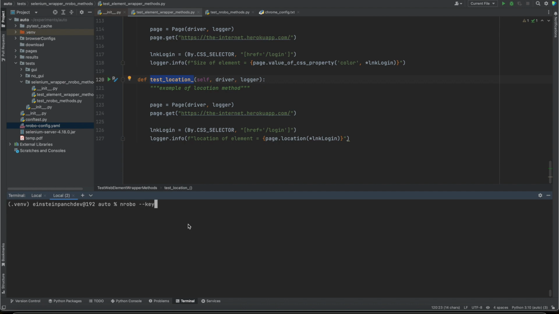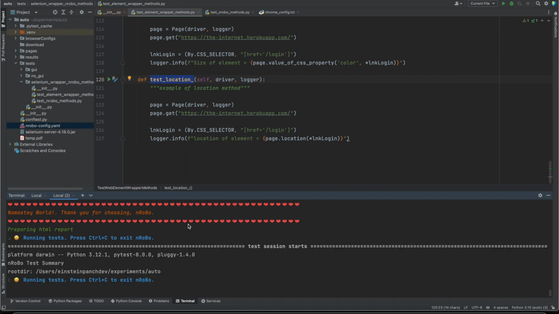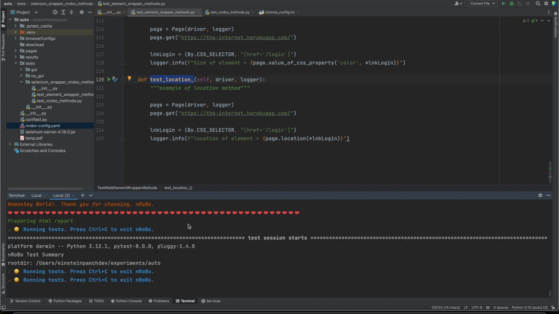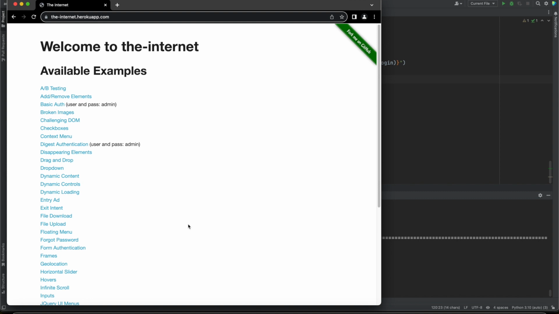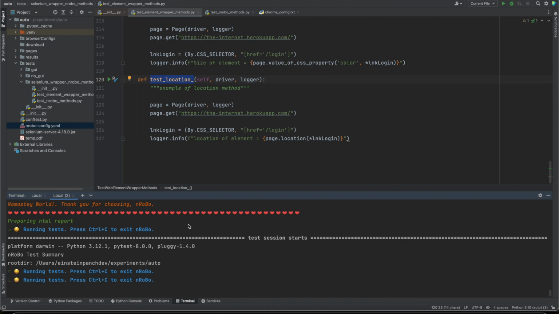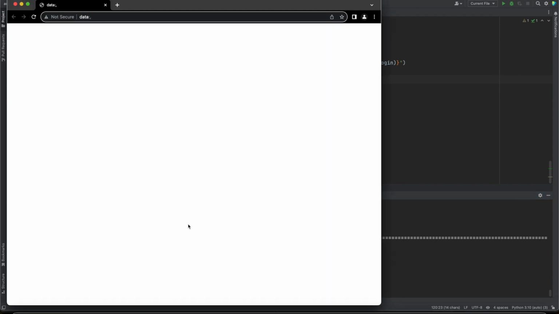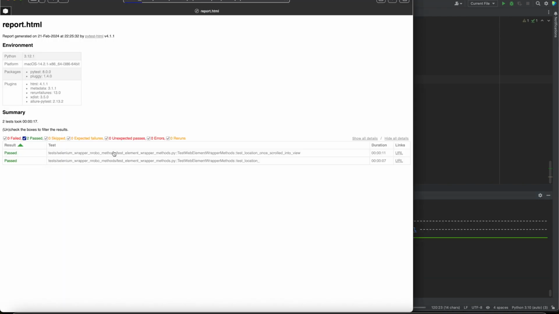So let's run the test. The test started running, the browser is up and opening the site and getting the location of the login link. Report. Okay, two tests are running, so it means that the key is